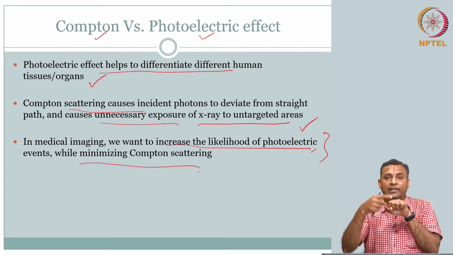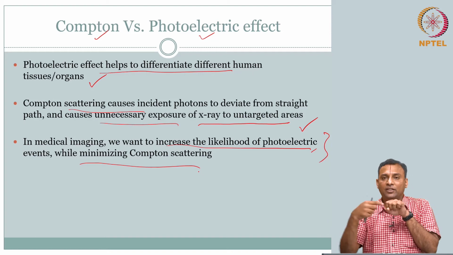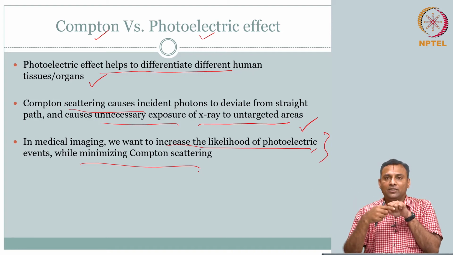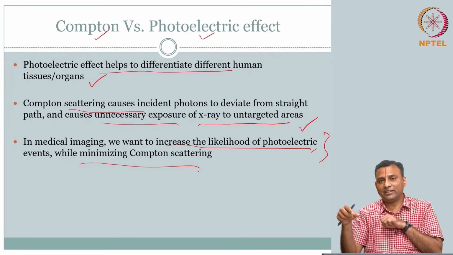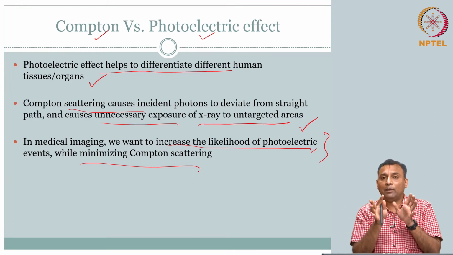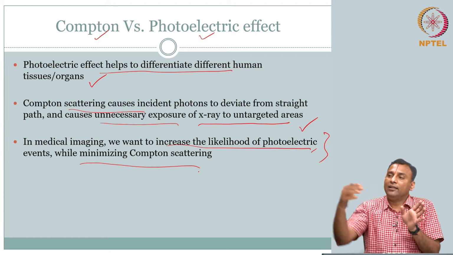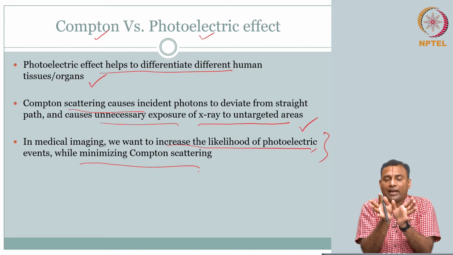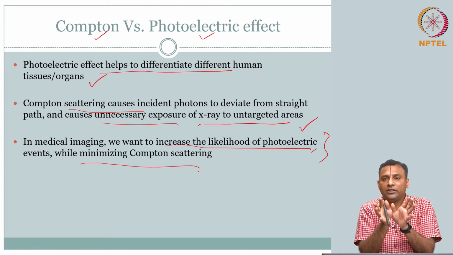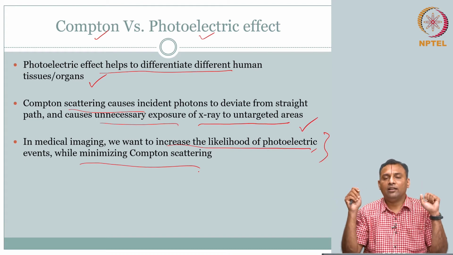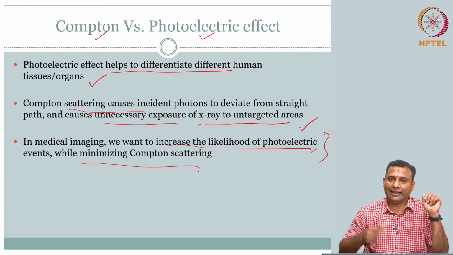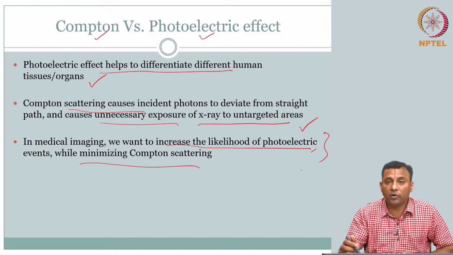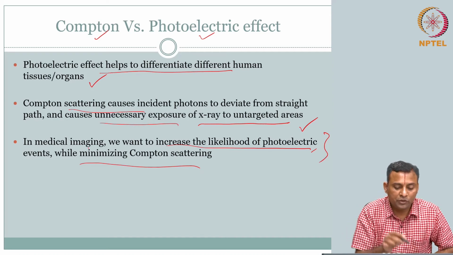I will not know, I will say it came from here. So basically this is noise, this is corrupting my measurement. It is undesired, so I want to minimize that. I can then come up with schemes to prevent Compton scattered photons from coming. If the photons are coming at certain angles, I can have material that will stop the photons hitting the detector. So knowing this is very important because we will strategically use this to our advantage.